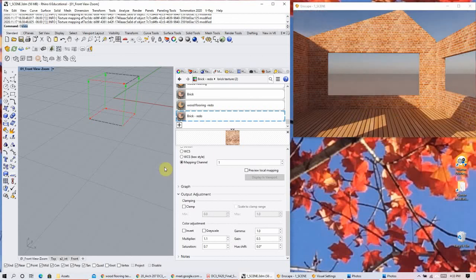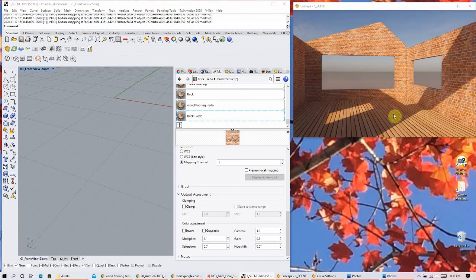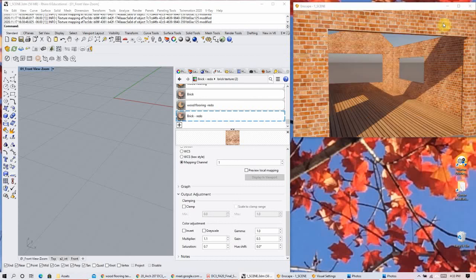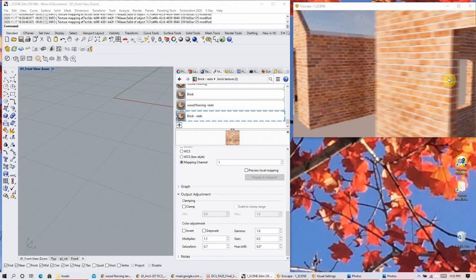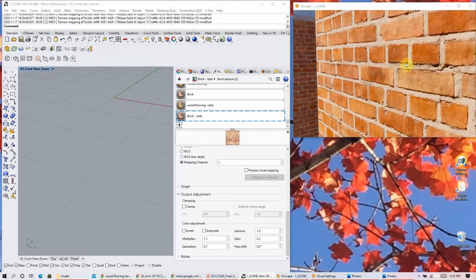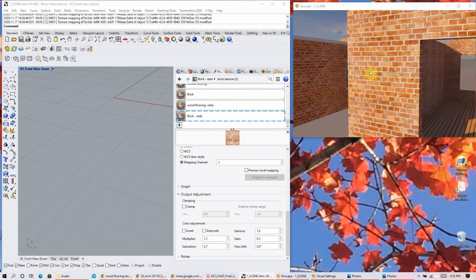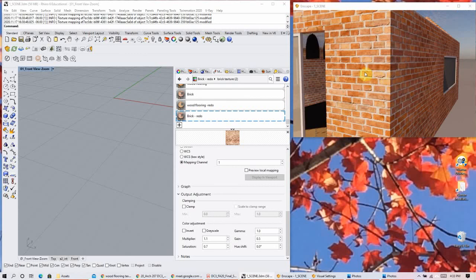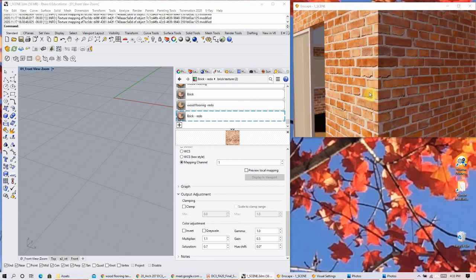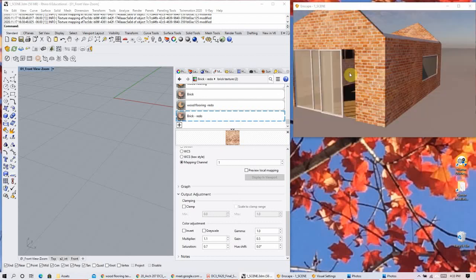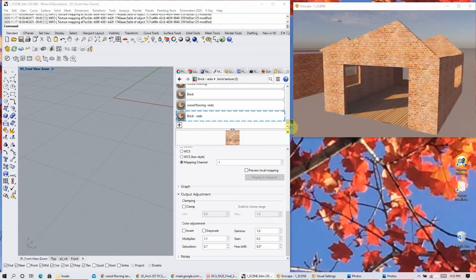Okay. So once we get that coloring for brick, actually we could do this for the wood too if we wanted a little more of that 3D effect I was talking about by adding a bump. Okay, that bump map. So if we look at this texture, we are getting some shading, right? Because of the texture itself, the image. It's creating an appearance of shading, and that's because it's within the image on its own. This one has a tiny bump to it, but it does enhance it a little bit. So how to do that is we just